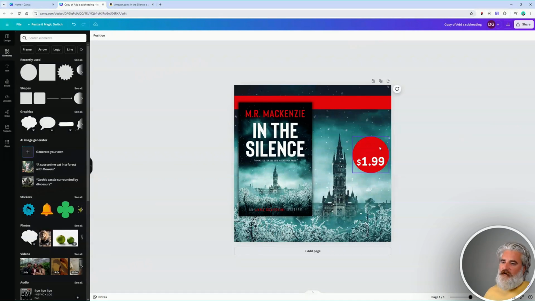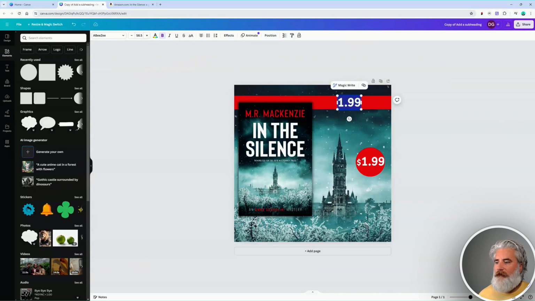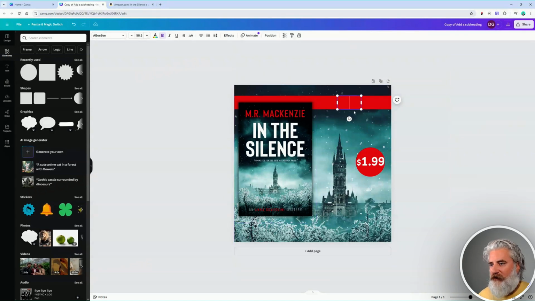Something kind of stylized like that could be kind of cool. Yeah, I think that looks okay. And then obviously I would ungroup this for a second, copy and paste just so I have the font easily. And if I had a quote saying something like this, how did the author describe it? Gritty crime thriller, gritty crime novel. If you had a quote saying something like that, or a phrase that readers of the niche would often use, like unputdownable, or